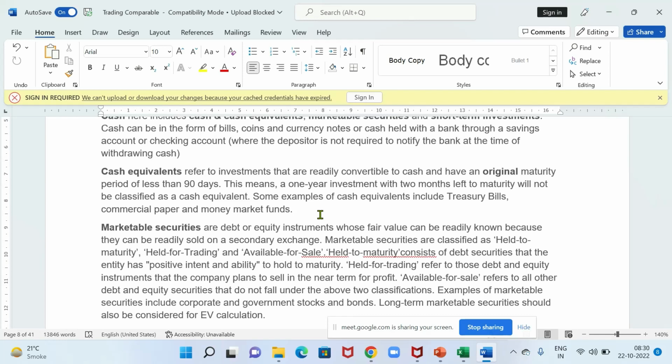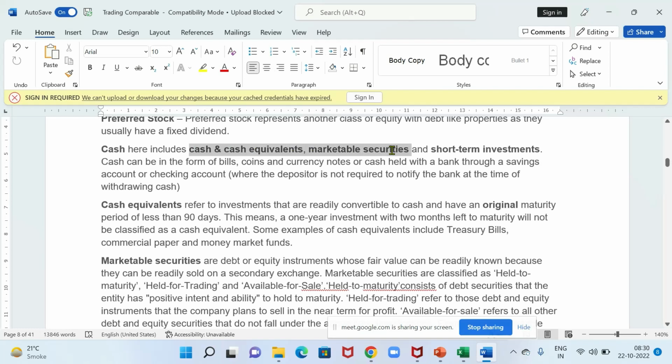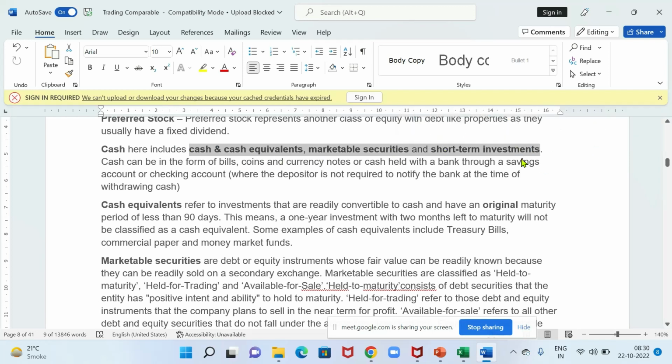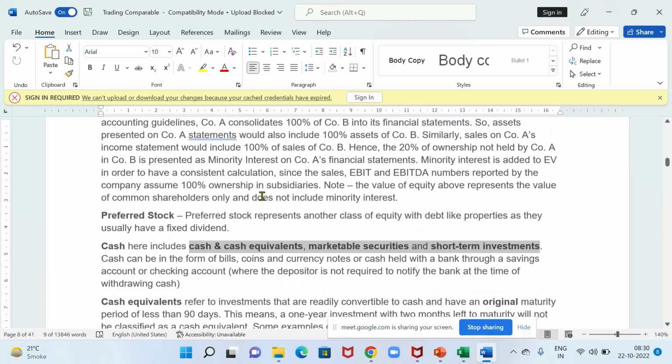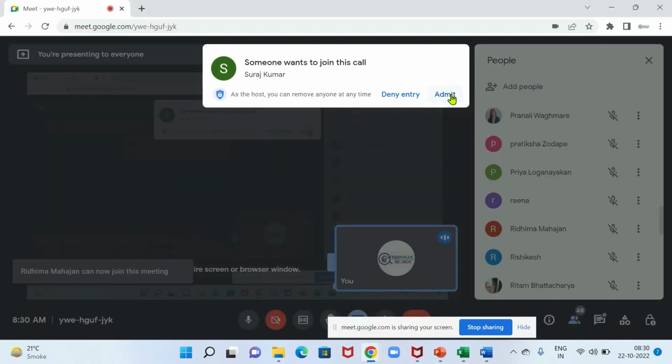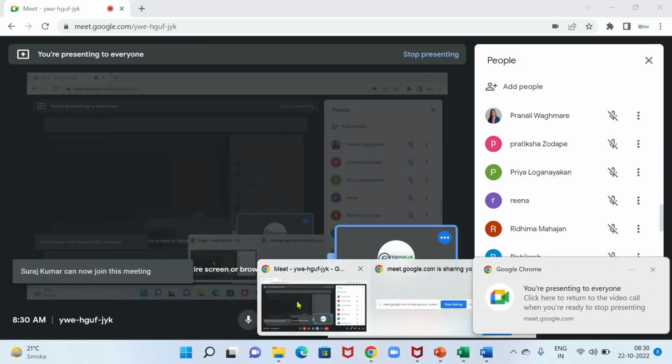For ease of your understanding, in the current assets, any cash, short-term investments, cash and cash equivalents, marketable securities, these three terms are generically reflected in current assets. So any of these three things that are available, add all of them to make it cash and cash equivalents, which we'll subtract from our enterprise value. This is basically liquid assets that are available on the balance sheet, and we're not paying to acquire that balance sheet, hence we are subtracting it. The moment I acquire that company, all the assets and liabilities will be transferred to me, hence the liabilities we are adding and all the assets we are subtracting.